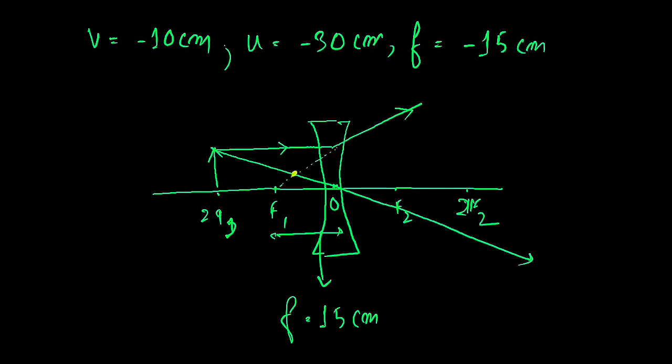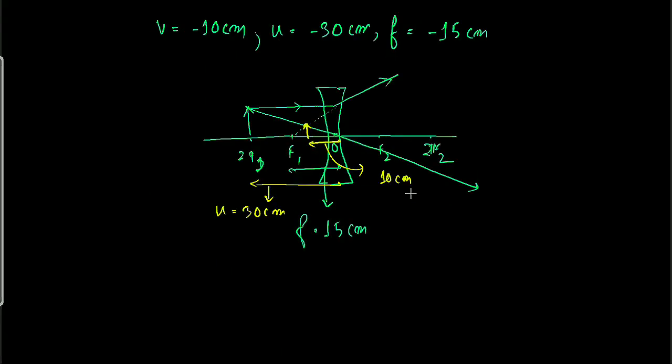So what is the position where the image is going to form? This is the position, right? And this distance is U equal to 30 centimeter. So now what is going to be the V? I should write the V here. It is going to be almost 10 centimeter. So this is the main figure that we draw using the concave lens while solving the problem. This is the main thing.